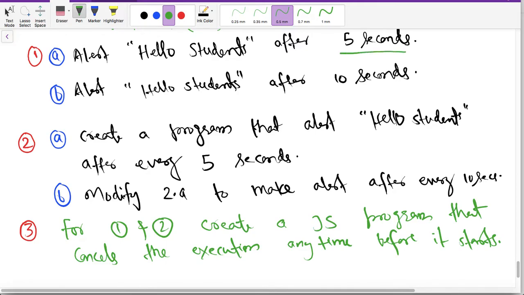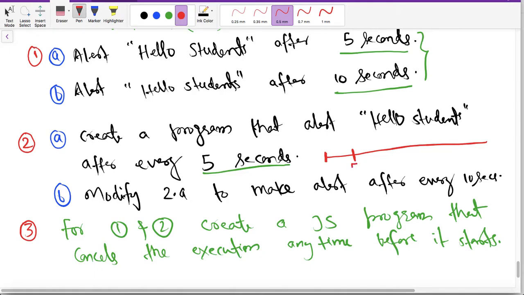These 5 second or 10 second alerts will happen only once. So you need to cancel the event anytime before these 5 seconds or 10 seconds. But in this case, it will be a repetition of the events like this. If the line is executed here, after that it will happen here.